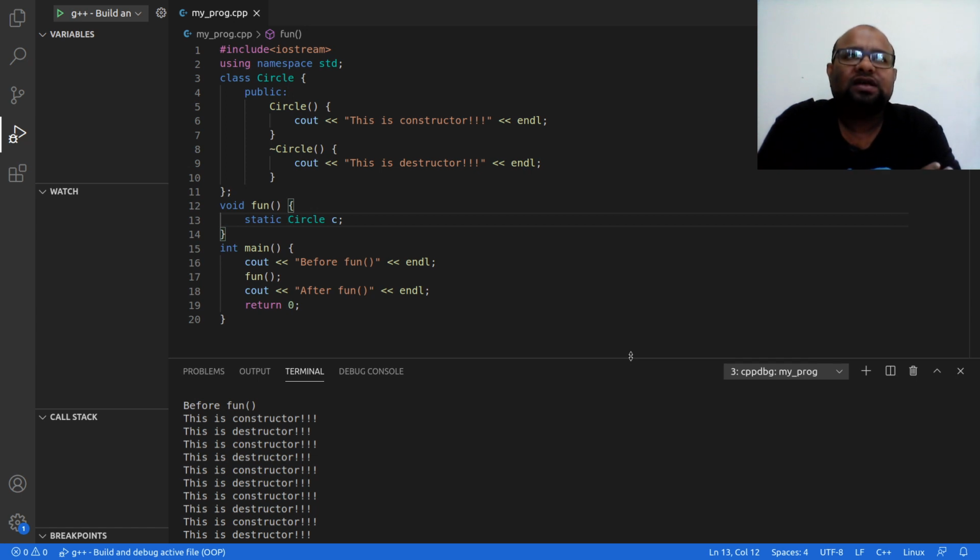We allocated it in the static data segment. So we are going to create memory for this object C in the data segment. Previously we were doing this on the stack. We are no longer going to do this on the stack. We are going to do this in the data segment.